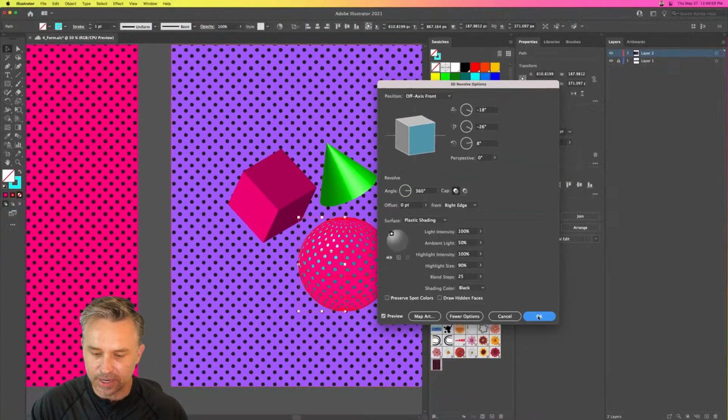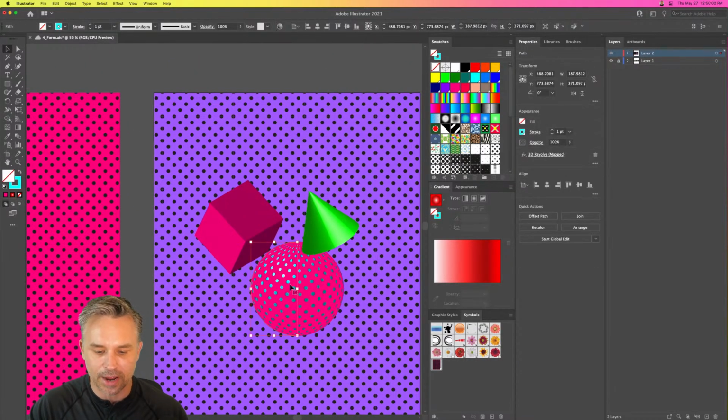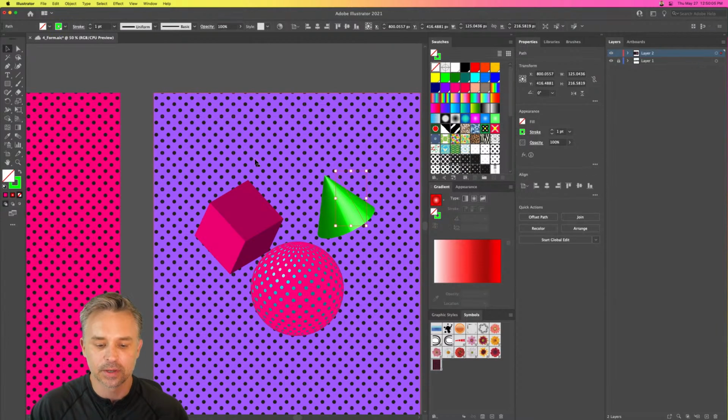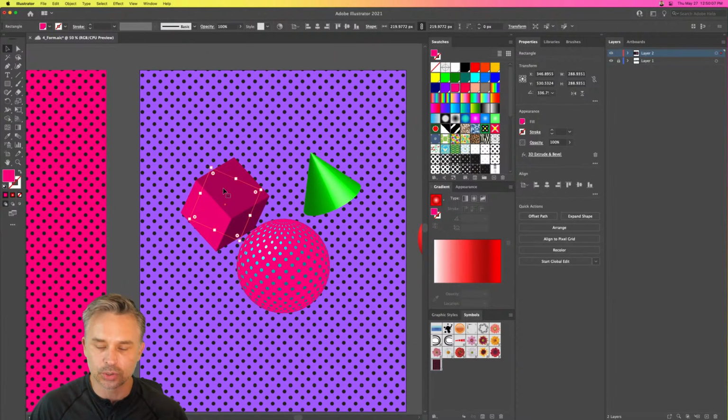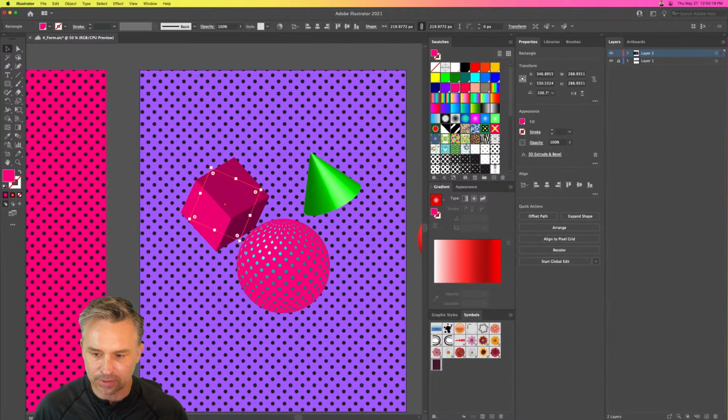Cool. So super fun. I want you guys to just have fun making some 3D elements, giving a graphic some form and some shape, creating those cool shapes, mapping art to them, and then exporting it out. Just so you know, if you get into the squares, so 3D extrude and bevel, sorry I don't have any other textures in here, but